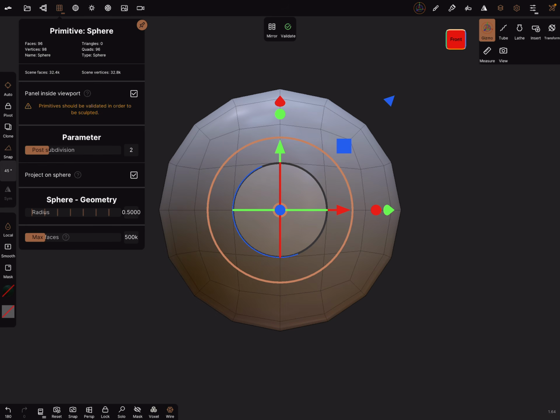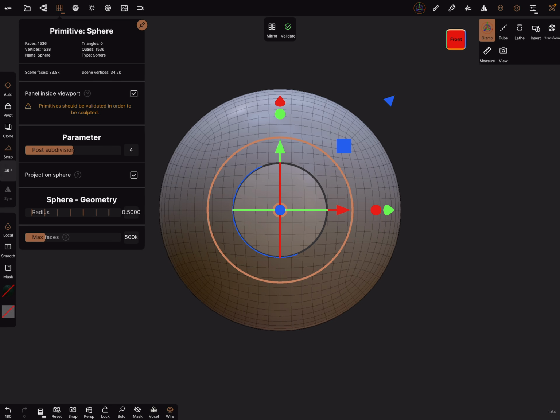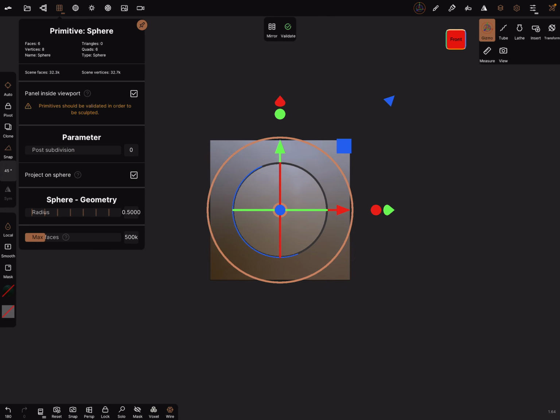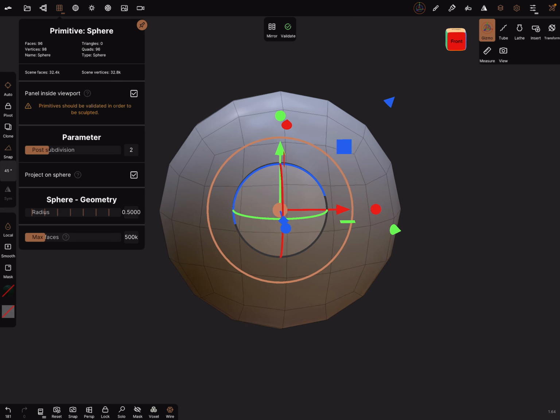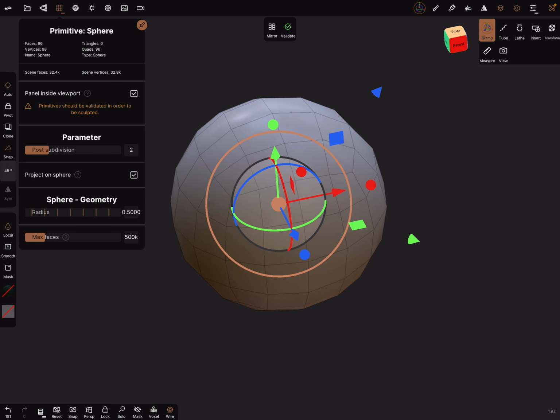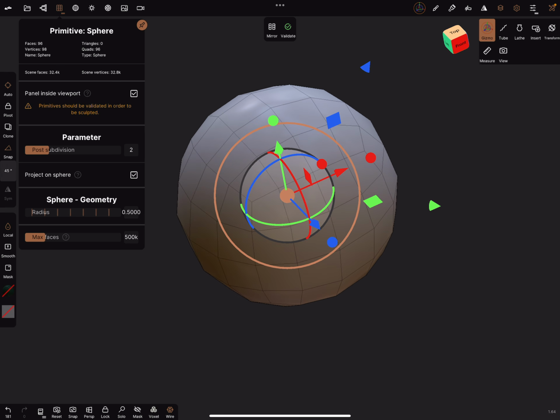The shape curve gets smoother and smoother. Okay, and this we need. And keep the mesh very low at the beginning of the process.